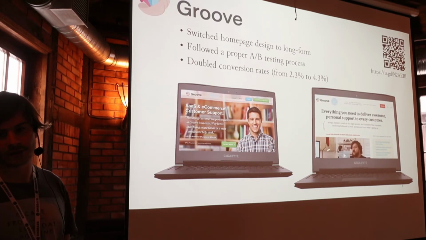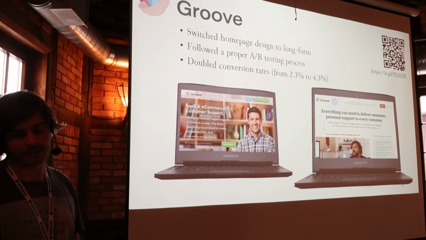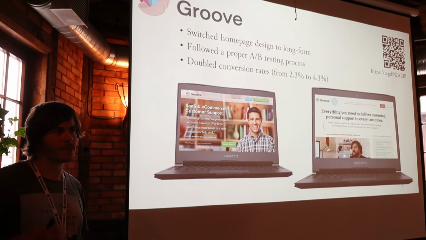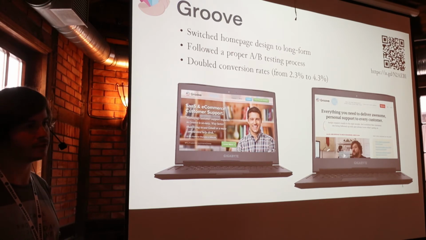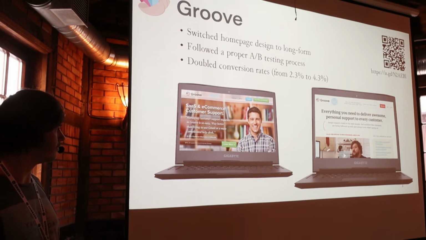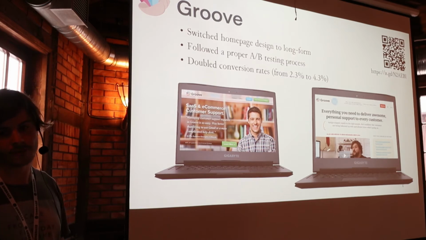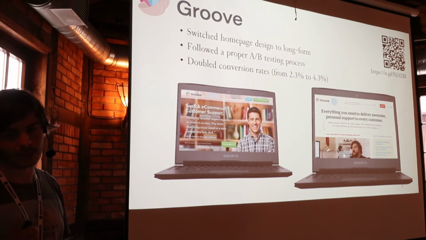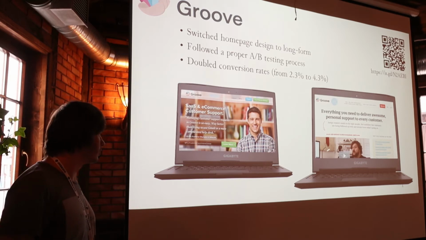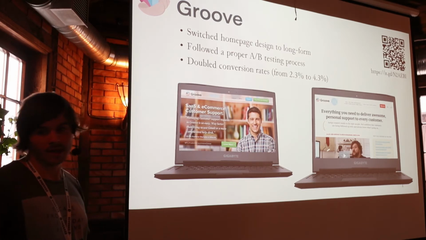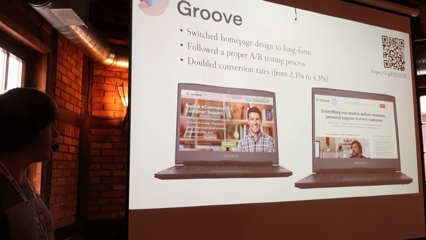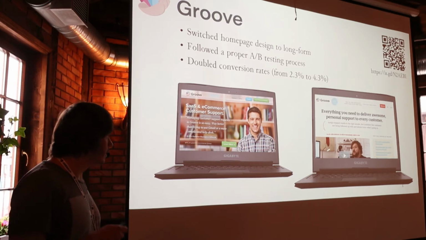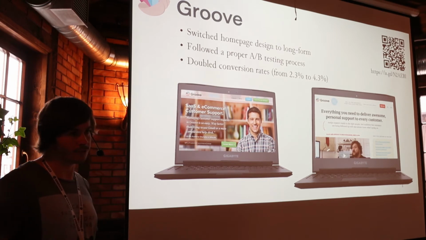Another example I have is Grove. They provide help desk software, and for a long time they were really keen on good and slick looking design, and put a lot of effort into having very nice visuals on their page. But even though they were happy with how it looks, they weren't quite happy with how the page performs. What they did was follow a really thorough A/B testing process, including doing interviews with their